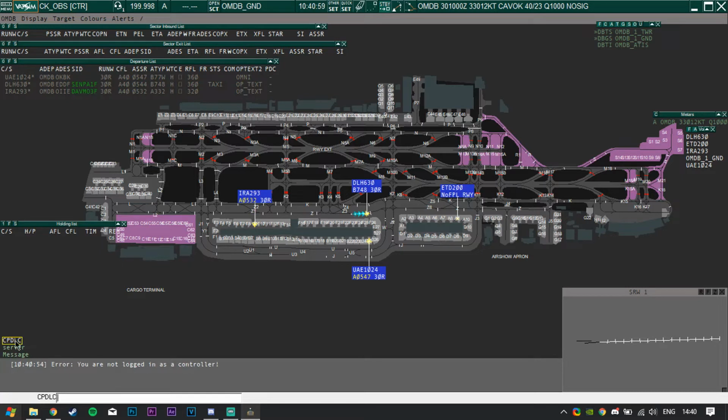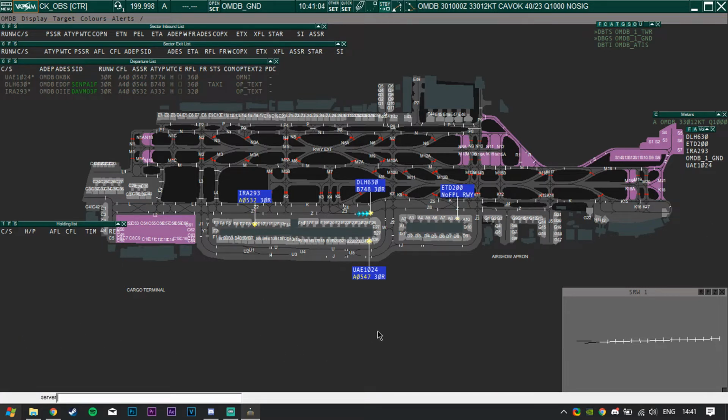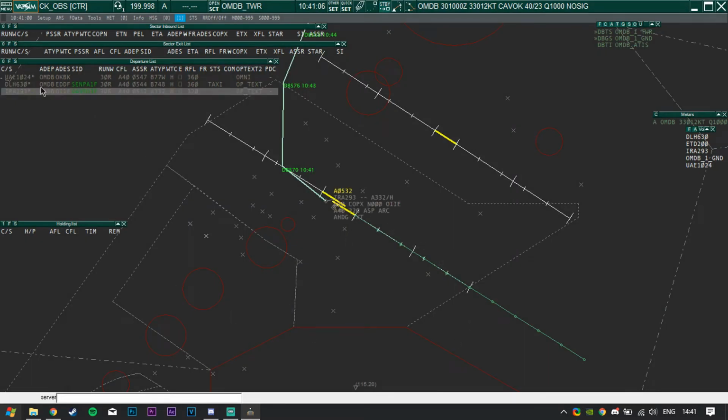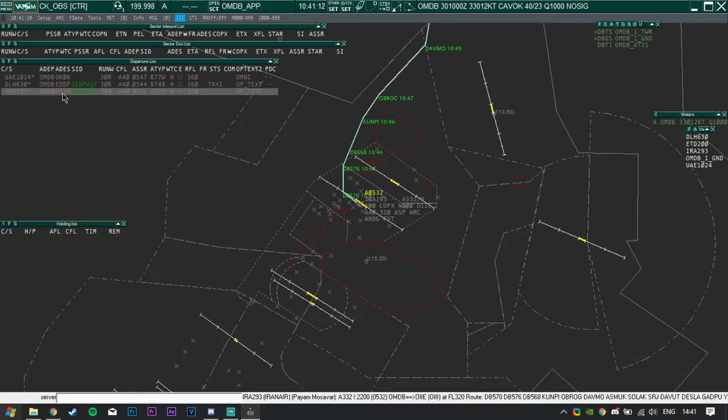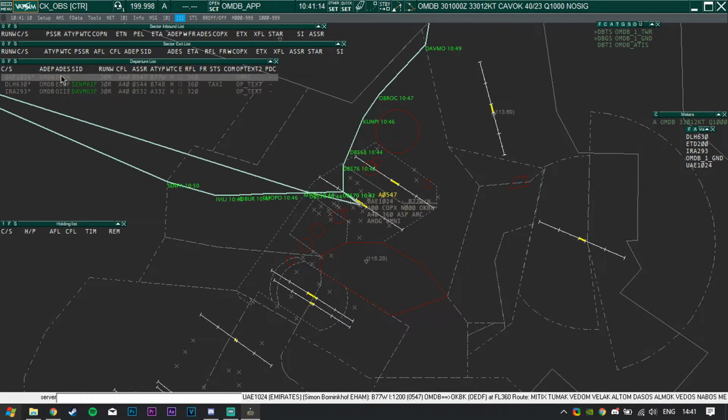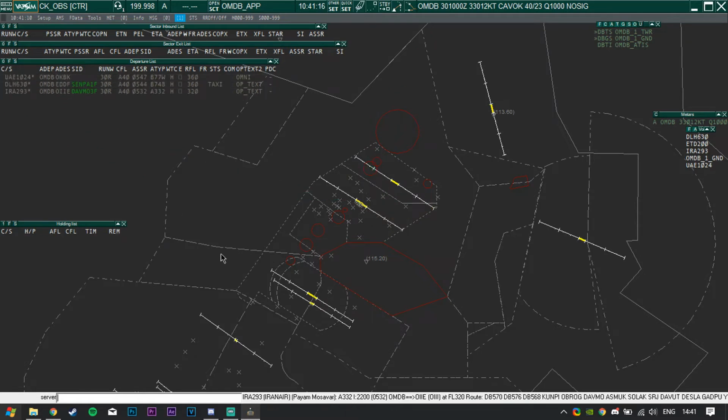Obviously, I cannot log in because I'm not logged in as a controller, but that's pretty much the CPDLC feature in a nutshell. Coming up here, I think I accidentally clicked on something, there we go. Also, if you click the destination airport, you can see the route view of people flying out and everything, which is pretty cool. Now, when you're controlling, for example, departure, approach, or center, where it's pretty busy, we've introduced a new